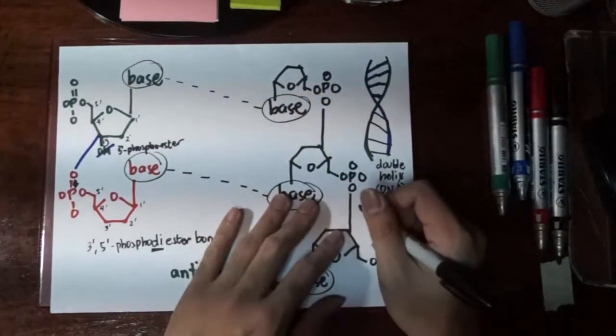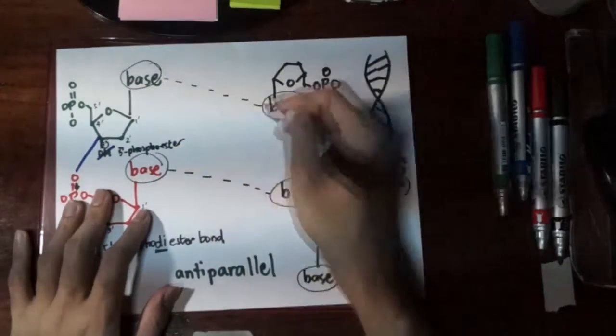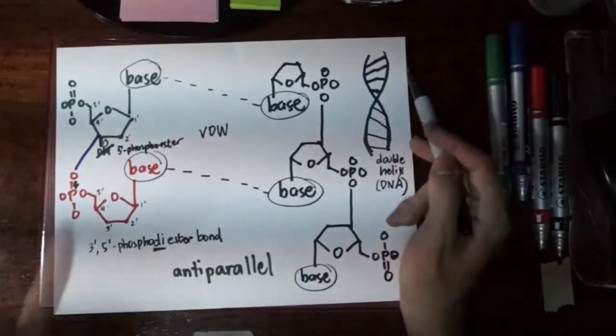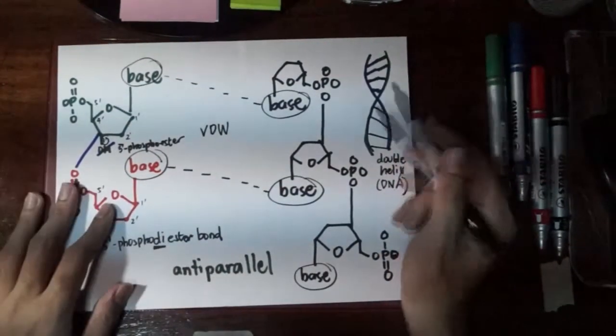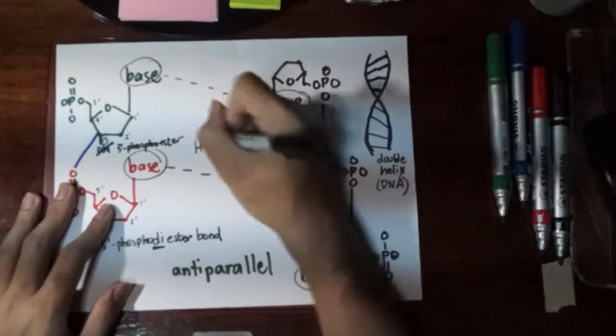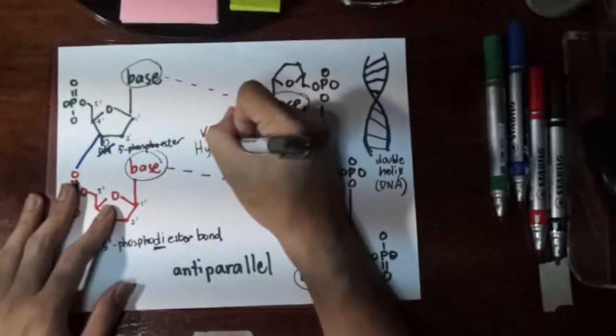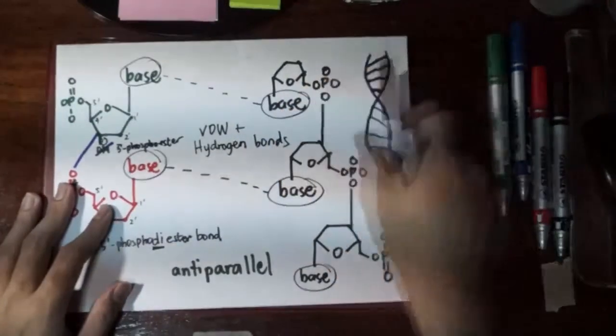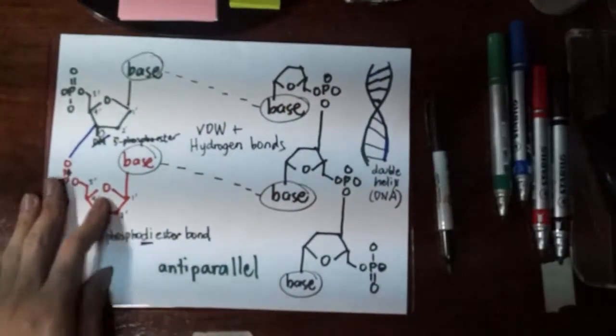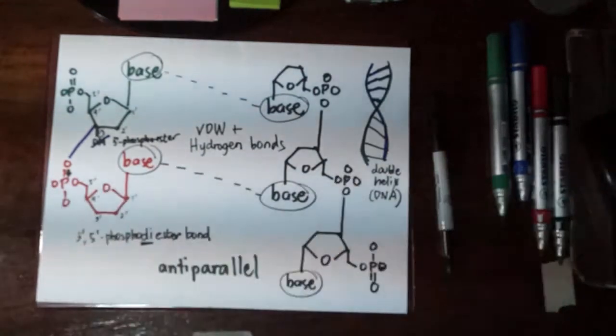The particular forces that we talk about here are van der Waals, because they are aromatic, whether it's a purine or pyrimidine. But also, we have hydrogen bonds. And where do we get the hydrogen bonds? To make it clear, I'm going to find, where is that? I already prepared